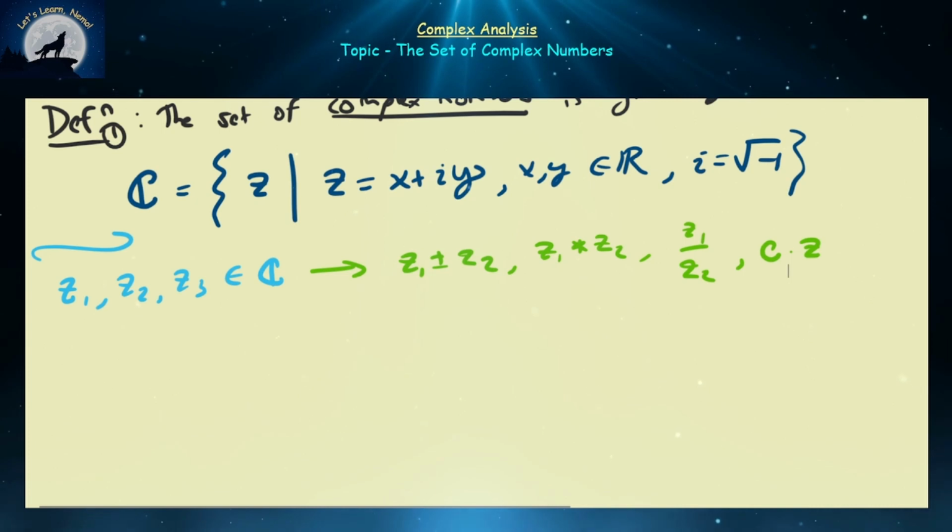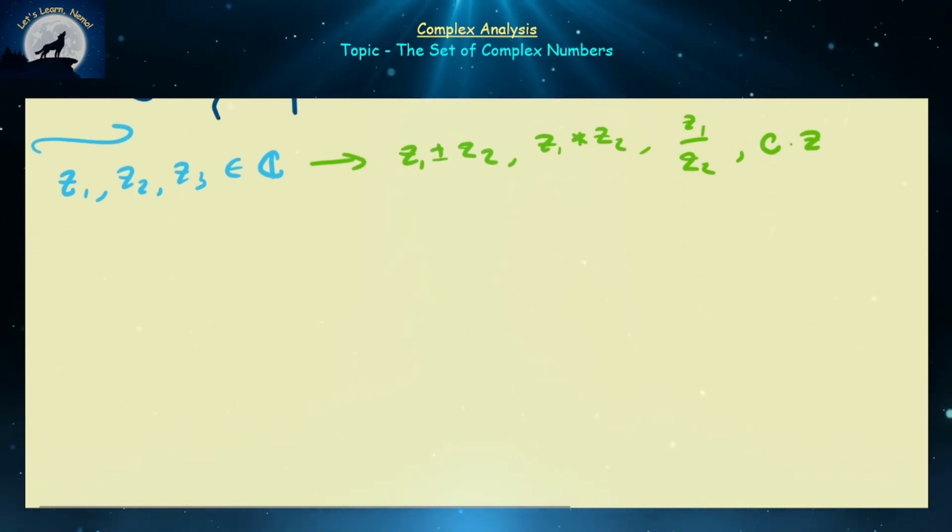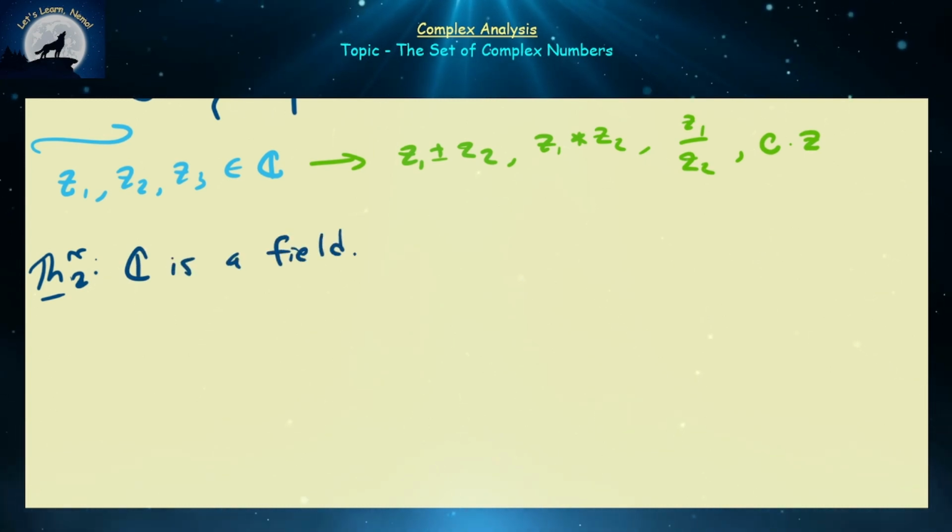So is there any structural property associated with the complex numbers that's similar to the set of real numbers? And indeed there is. So the very first theorem that I want to mention, and I guess this was theorem 2 because we already proved that the square root of i does not belong to R, is that C is a field. So C is a field, just like the set of real numbers. And what if you don't remember what a field is? So a field, if you want to prove this, a proof outline,